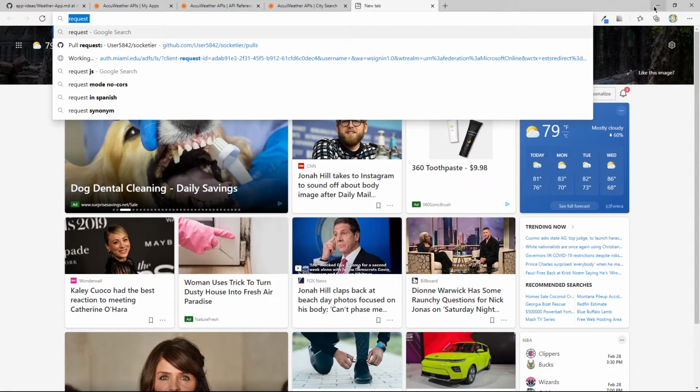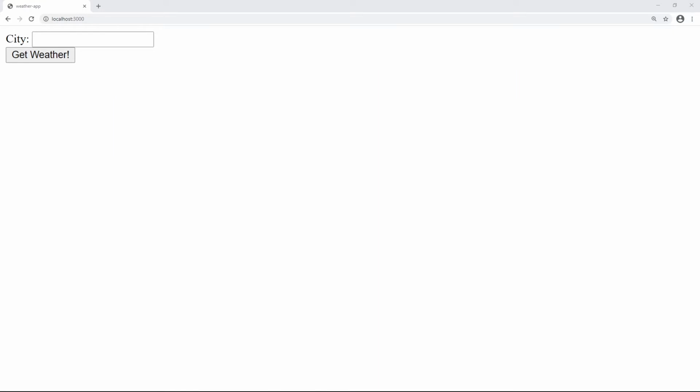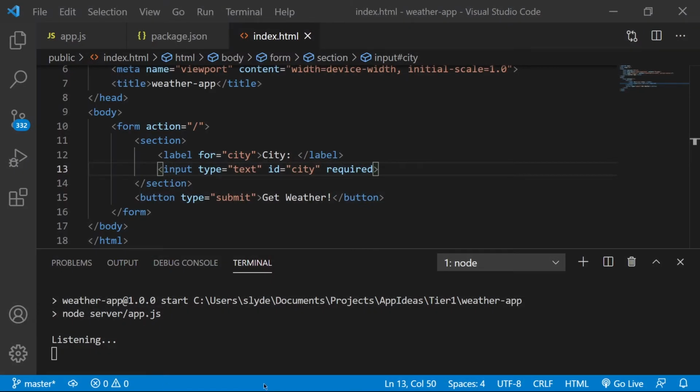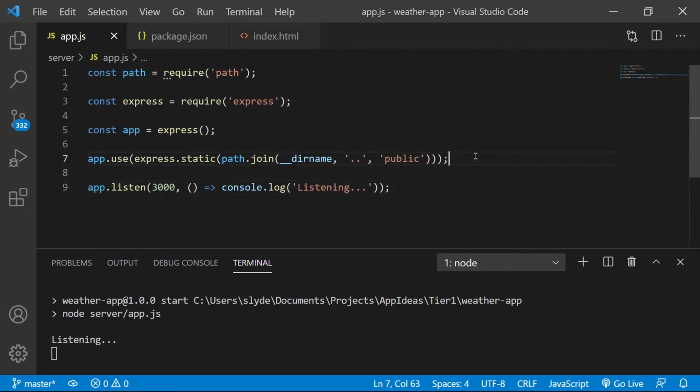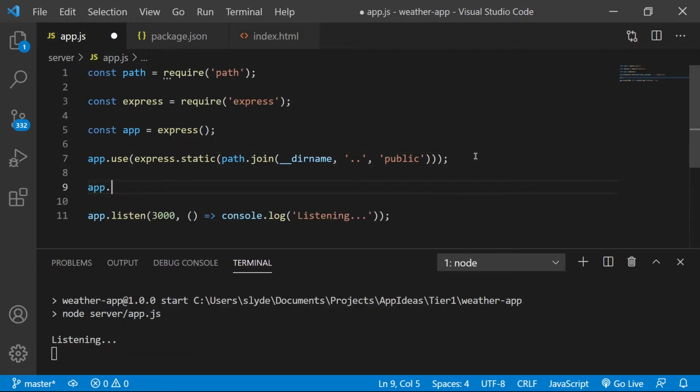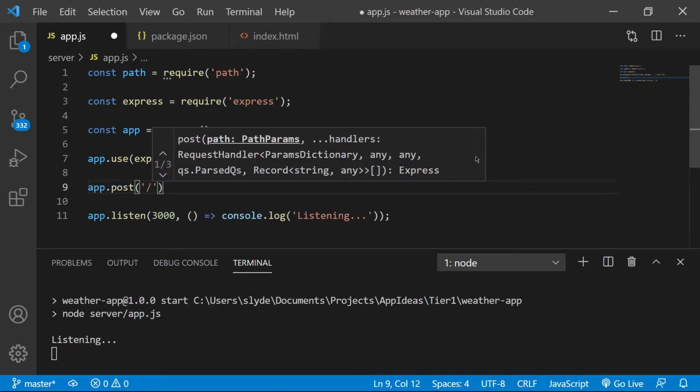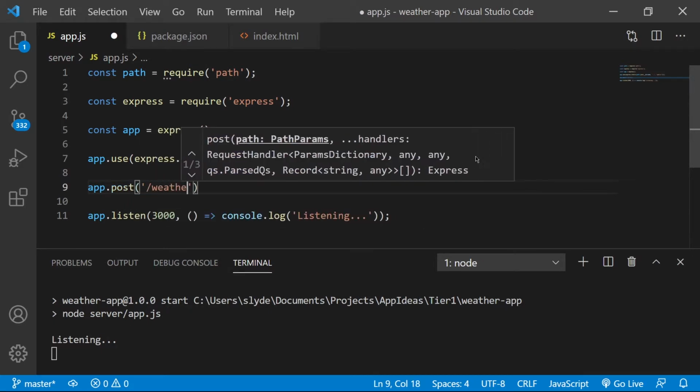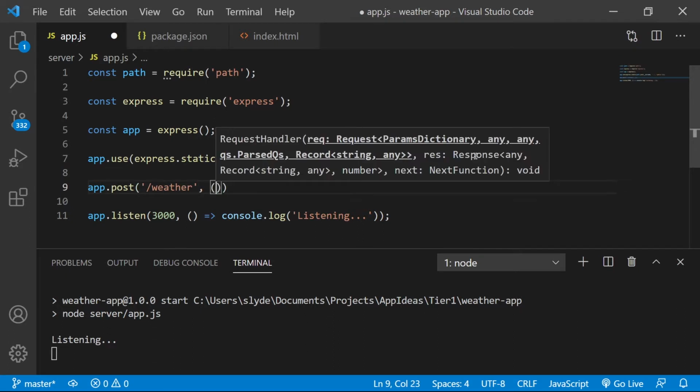But before we do that, let's go inside of our code. Let me go to the app.js file and make a new endpoint here. We'll call this app.post since we'll be posting to this. I want to call it /weather or something like this.